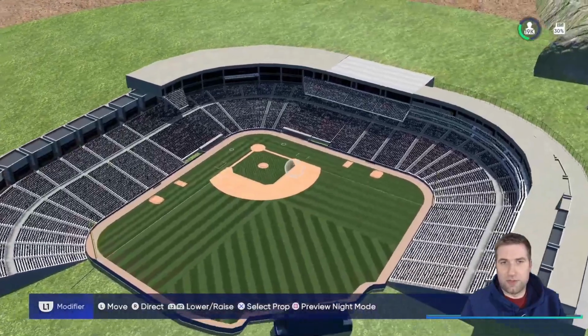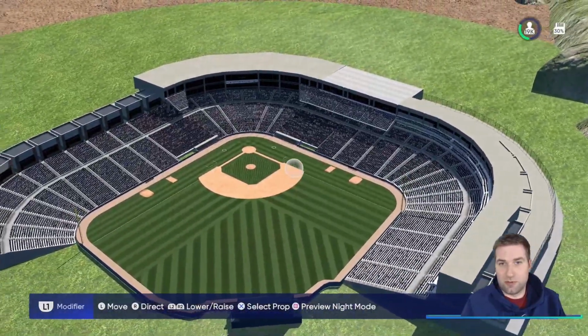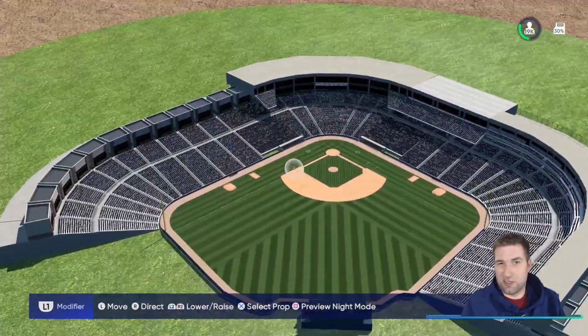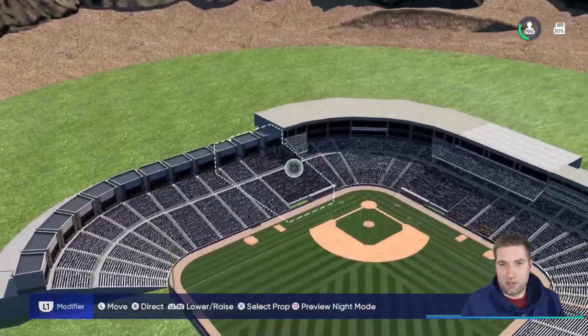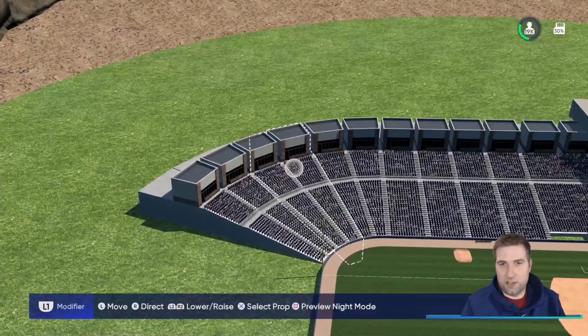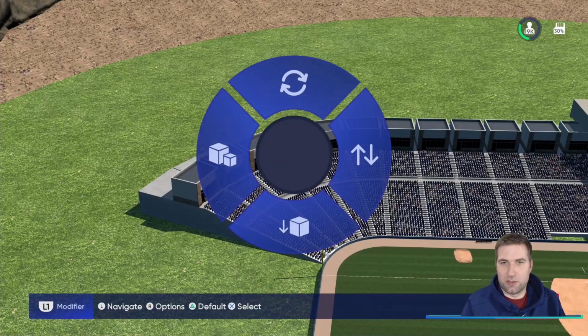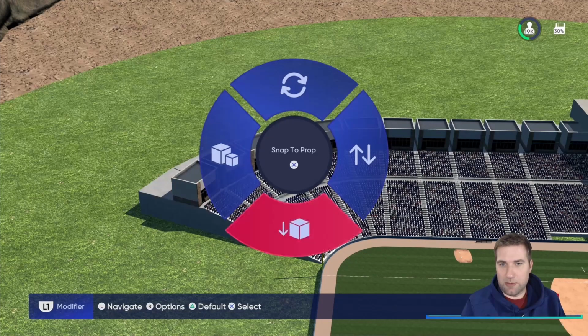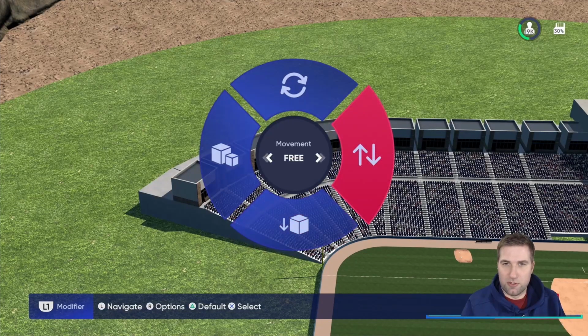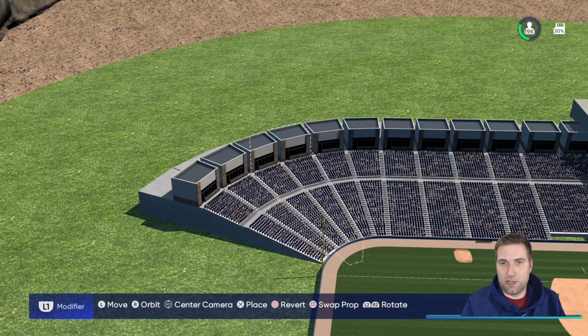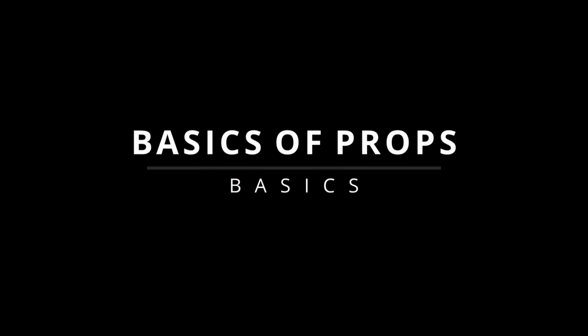Also, when it comes to the wheel, it's going to be based on what you have selected. So if you're under stands, you're going to get different options like the snapping, snap to ground, and then these are your actual movements. You can do free, or you can do it by different angles and whatnot. So keep that in mind too. All right, let's talk about some